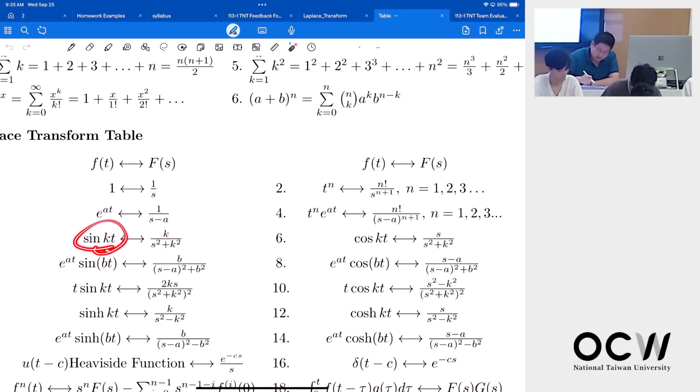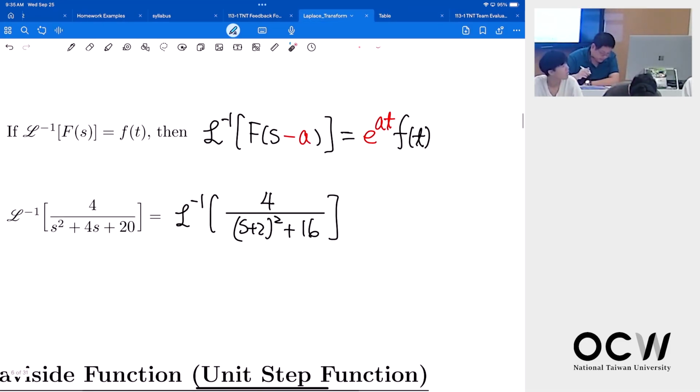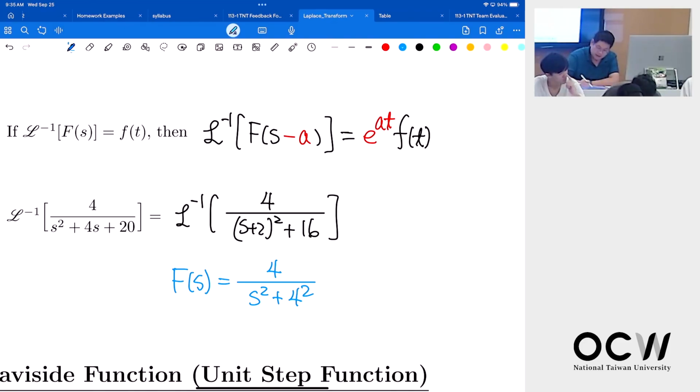So in this case, we can think about the original transform as 4 divided by s squared plus 4 squared. And then now I shift by 2, this one by 2 to the left. So that is the inverse Laplace transform